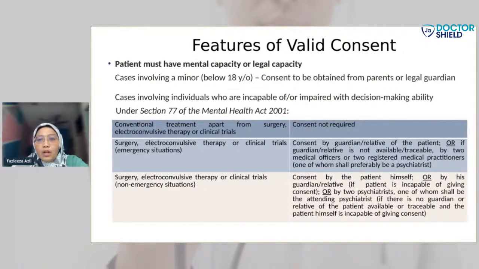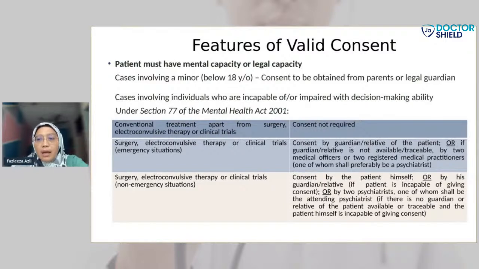for consent involving individuals who are incapable or impaired with a decision making ability, under the MMC guideline, for elective or non-emergency operation, it is deemed necessary that the consent is obtained from a medical practitioner where there's a relative, next of kin, or legal guardian available, and the relationship is well established or confirmed that the consent may be obtained from such a person. For